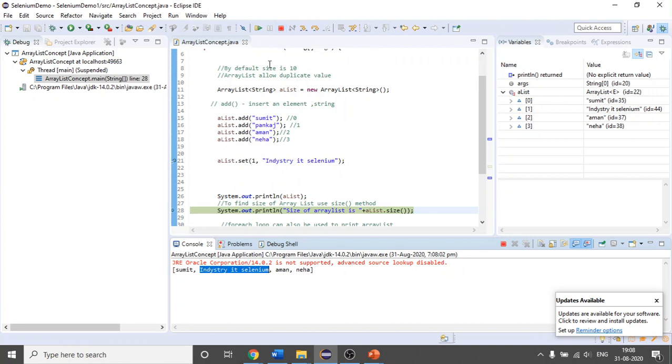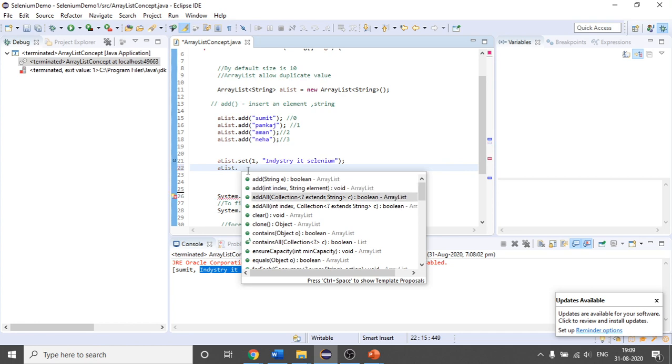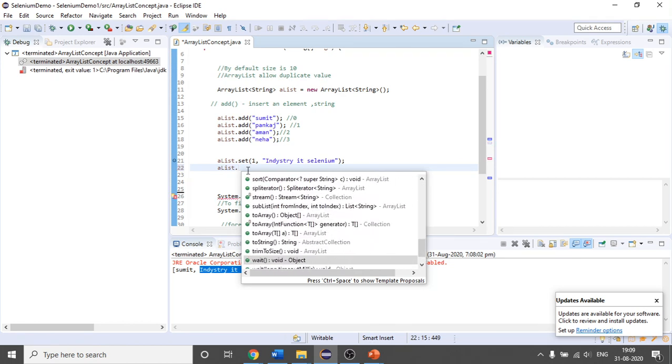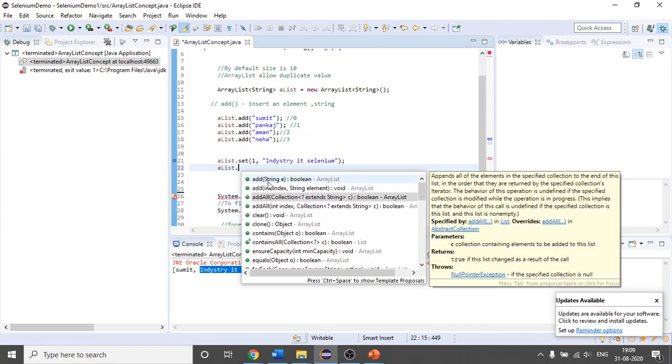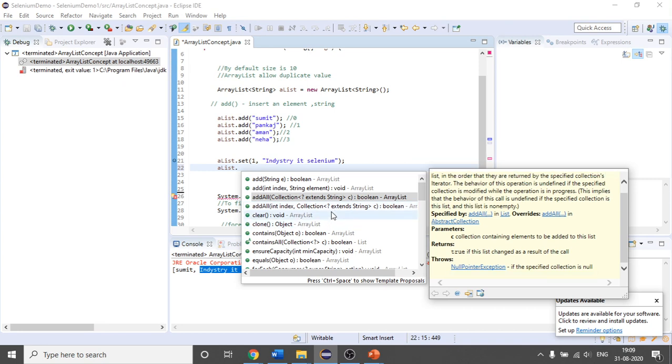Yeah, you can search on the internet. There are so many. You will get an idea about it. You can do it here only, right? If you write List dot, it is a capital L. So you can see these are all the methods present here only. You can read what each method is doing. There are so many methods. You can read them one by one.